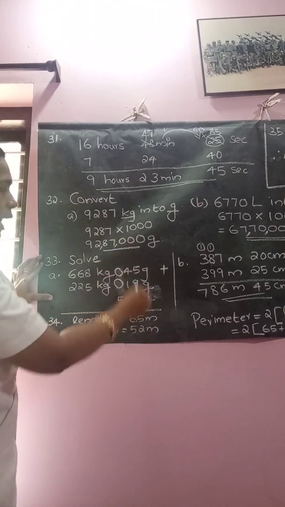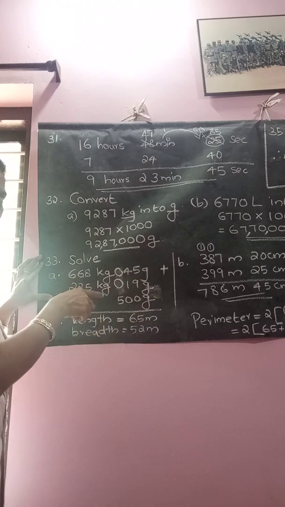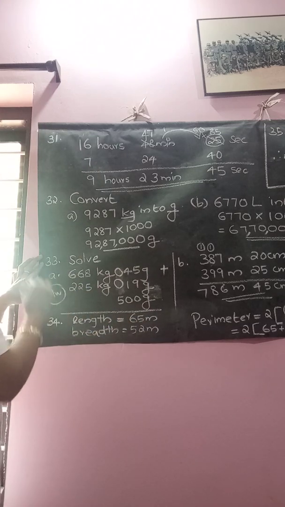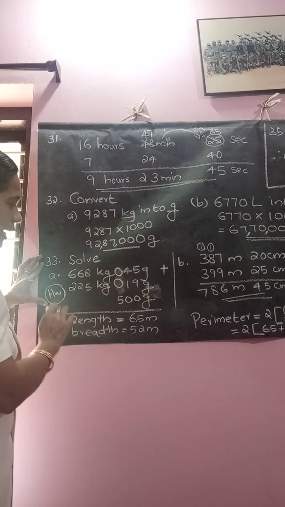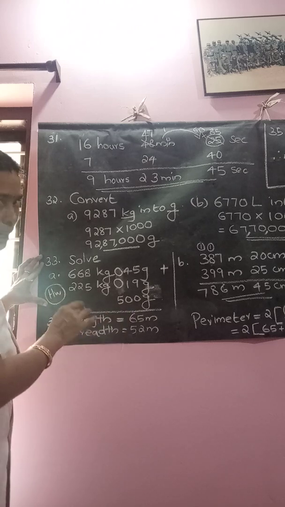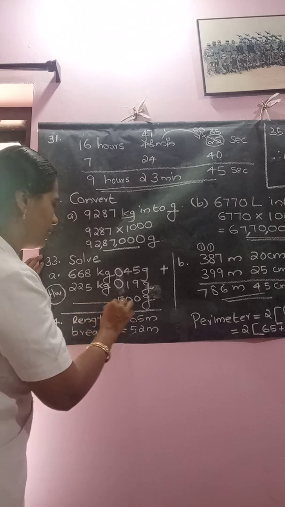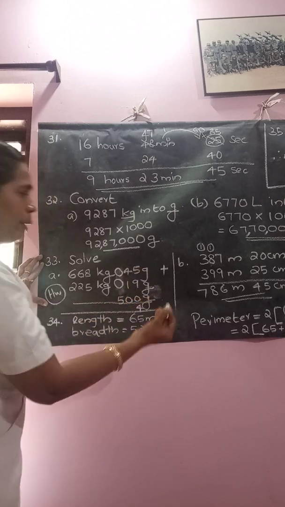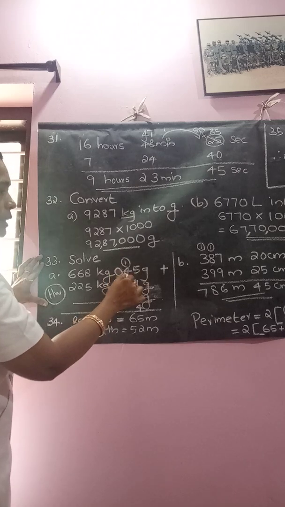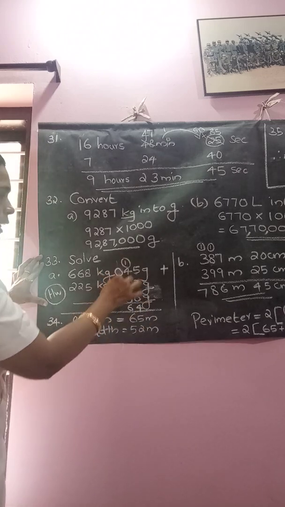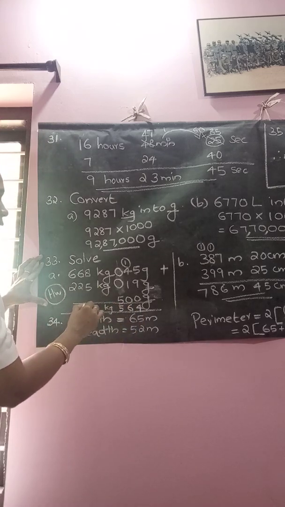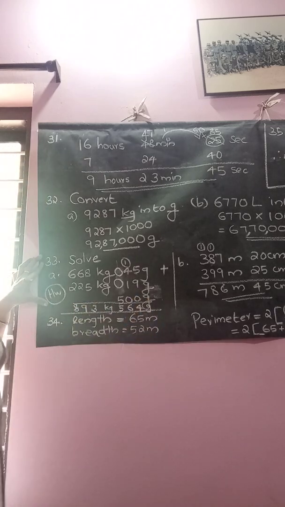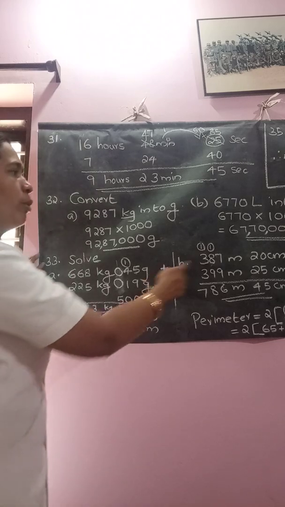Which way will we add? Teacher didn't add it. You have to do it as homework. Okay, just do it as homework. Add it: 9 plus 5, 14 will come. I actually didn't leave space for the same. Okay, if you want, you can add it like this. 9 plus 5 is 14, and 1 carry over. 4 plus 1 is 5. 5 plus 1, 6 will come. And in this column, number 5 remains. And in kg it is 893 kg and 564 gram. Okay. Let us move to the other question.